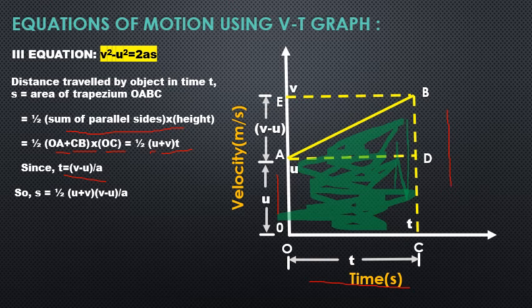Now you know a plus b into a minus b is a square minus b square. So we have half v square minus u square divided by a. This is s. So we can also write s is equal to v square minus u square by 2a, and on rearranging the terms, or sending 2a to the other side of the equation, multiplying it to the other side, we get the third equation of